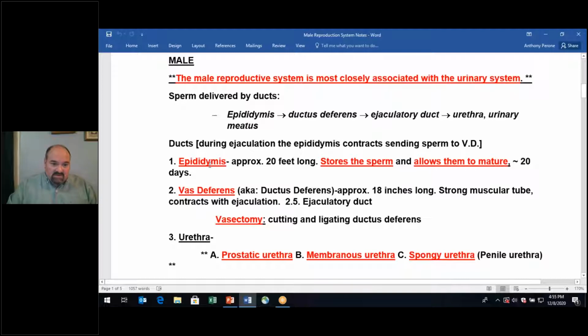The epididymis, storage, approximately 20 feet long, maturation of the sperm, and they're going to then enter into the vas deferens. Vas deferens is a tube, approximately 18 inches long. Strong muscular tube contracts with ejaculation, and into then the ejaculatory duct,